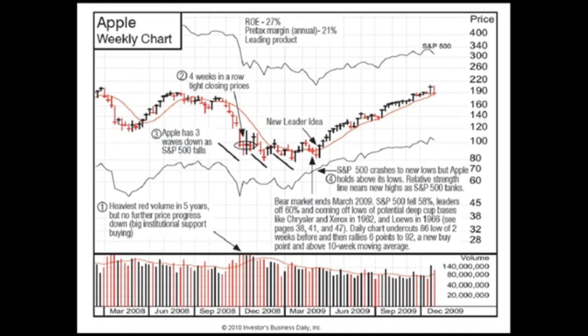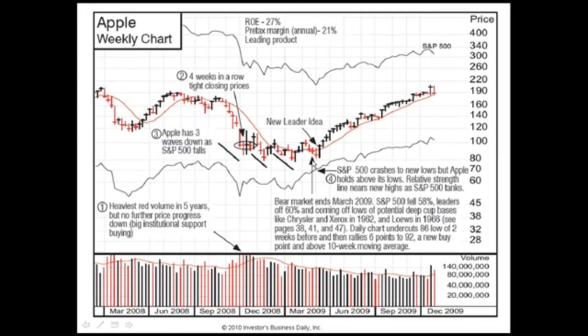You come off 3 weeks, but the third week, notice the close is only down a slight amount versus the close the prior week, how much it was down from its previous week. So you're coming down, and the volume picks up, but it doesn't go off quite as much. Now, this is a tough, tricky period.